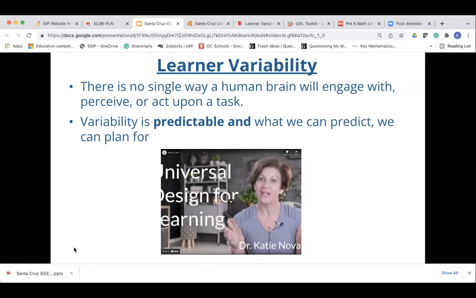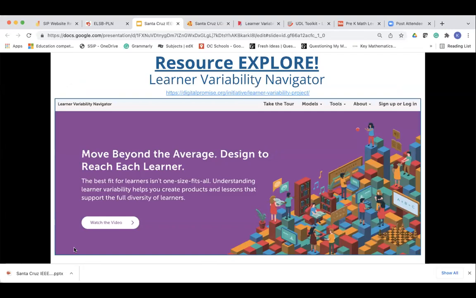So any comments, please put them in the chat if that was helpful to really differentiate between differentiated instruction and universal design for learning, because there is some confusion there. So I would love to hear in the chat if you have any comments or if it helped create that understanding. So the next resource that I wanted to make sure that you had just a few minutes to explore